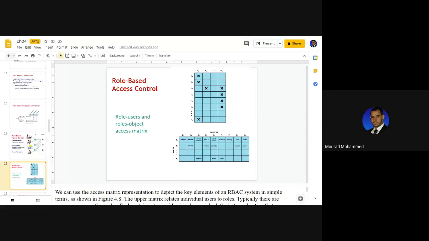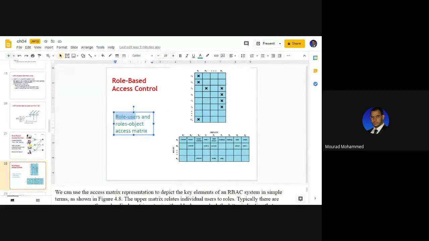Again, we have a matrix to draw this relationship. Whether it is a role-user relationship, we have a group of roles, and we have users. And there is either access or not. The user might access this role, a user might not access this role, and so on. So it's a context of a drawn relationship between users and roles, because a role would give access to the resource.